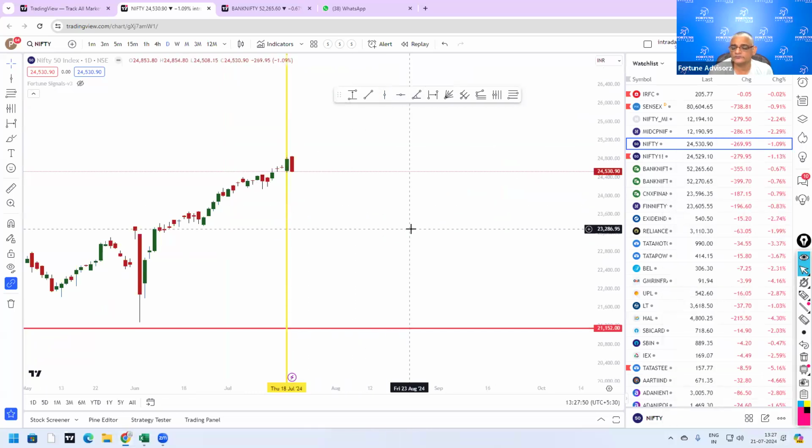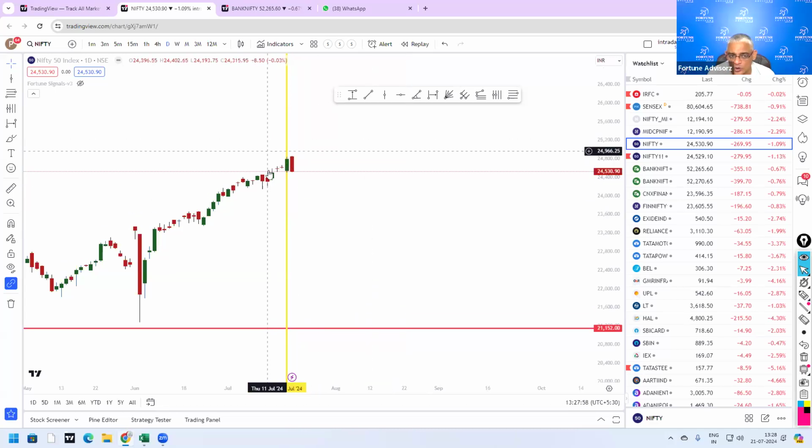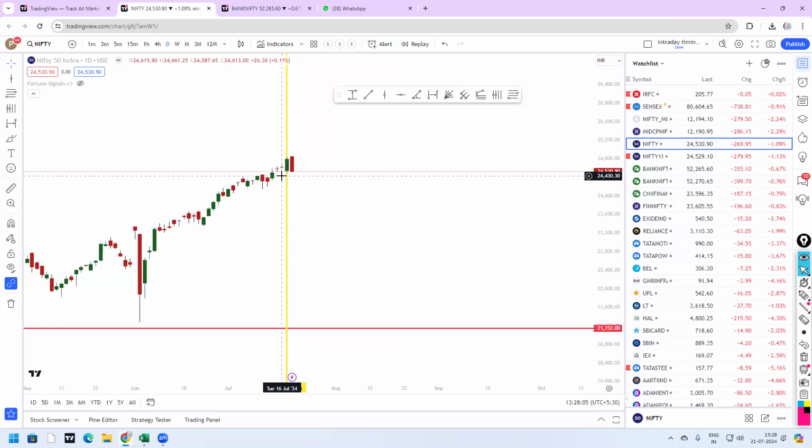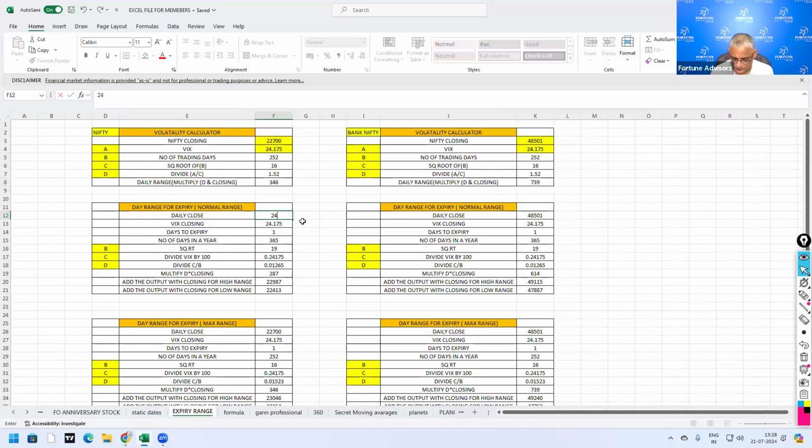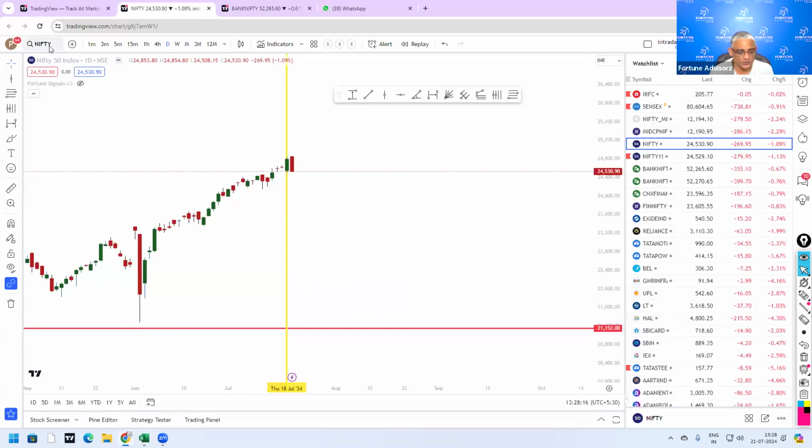Yes or no? Yes, sir. Nifty, the closing expiry is that. So now what to do? Go one day before and take, what is the closing price here? 24,613. Simply go and put 24,613. I put that number. Then on that day, kindly go to India VIX